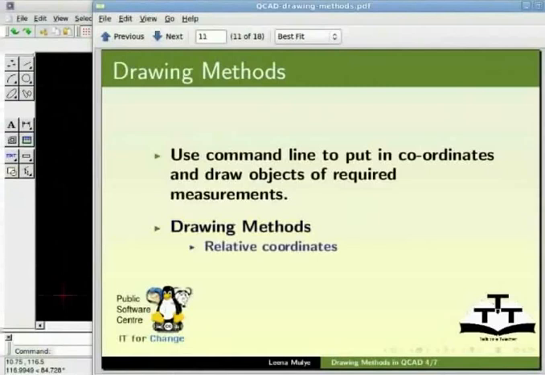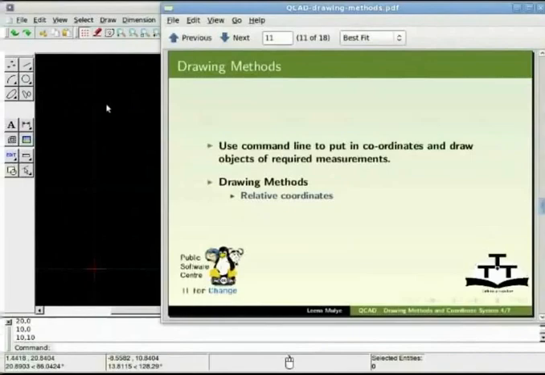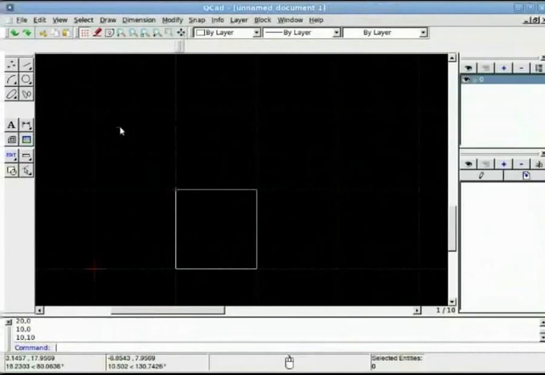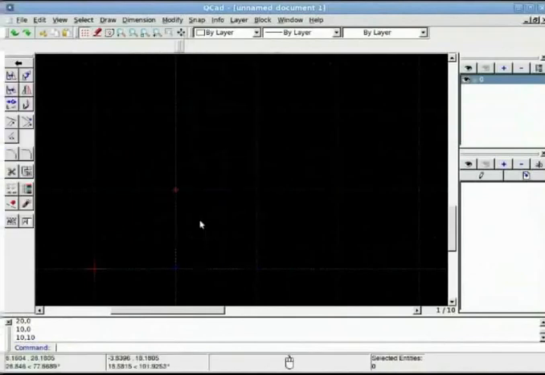First is the relative coordinate system. It uses coordinates that are relative to the last point designated rather than the 0, 0 point of the drawing area. The @ symbol is used to enter data using the relative coordinate system. Let us try drawing this previously drawn square using the relative coordinate system. Let me clear my drawing.